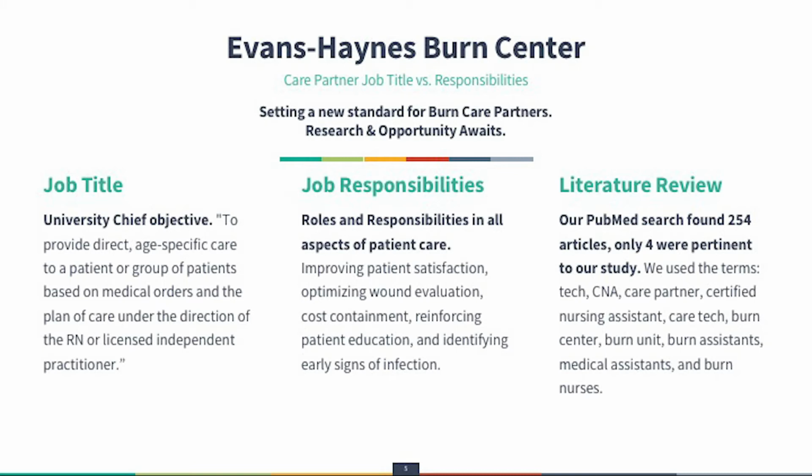I believe that burn care partners are an essential part of our team, as we have roles in all aspects of patient care. Traditionally, burn care partners are thought of as only being part of wound care. This is manifested by the university chief objective description, which states, to provide direct age-specific care to a patient or group of patients based on medical orders and the plan of care under the direction of an RN or licensed independent practitioner. But in reality, burn care partners do so much more,